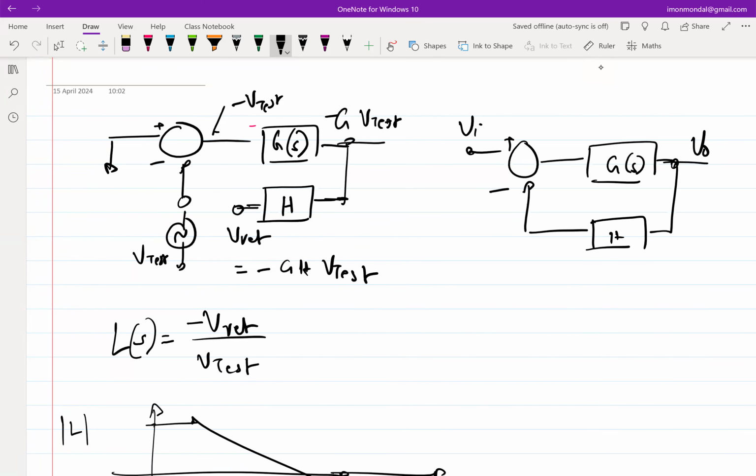Right? And since you are going down the loop, it doesn't really matter where you break. You can break anywhere. Now, you just have to find that G and H. So the ratio of V return over V test negative is GH, right? So all this thing we are doing to find out GH, because ultimately we are replacing, I mean,